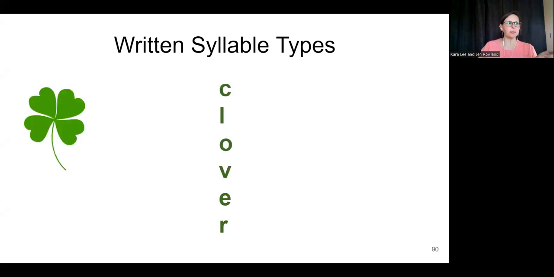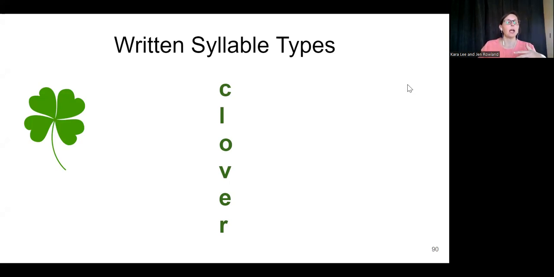Okay, so we are back to now talking about written syllable types. There is an acronym that is sometimes used, and I think was referred to in the Birch chapters that you read. Maybe I got this from somewhere else. Anyway, it's the word clover, and it can be a way to remember what the written syllable